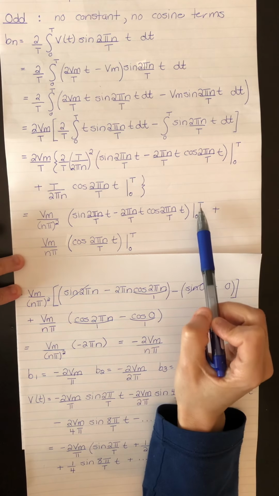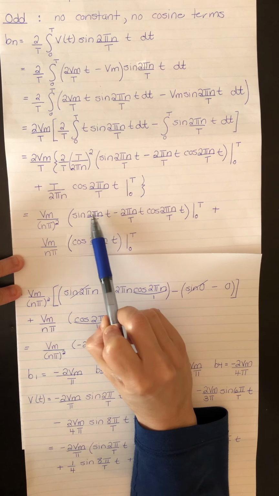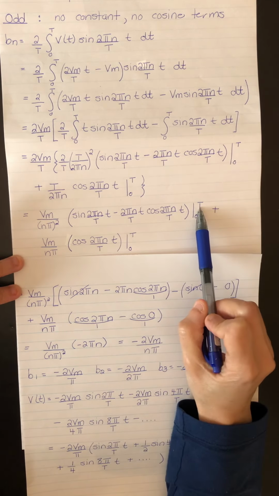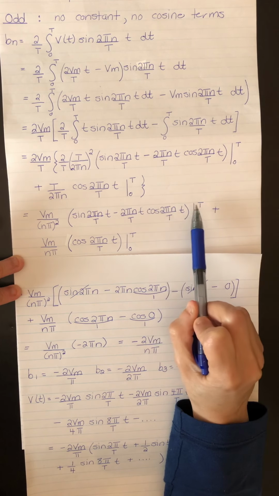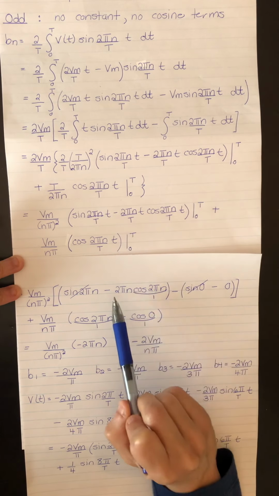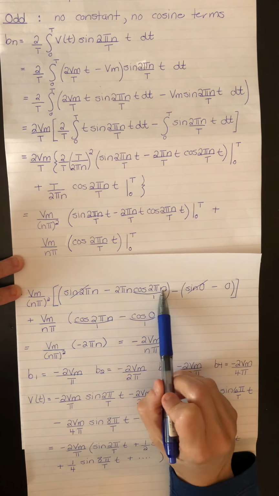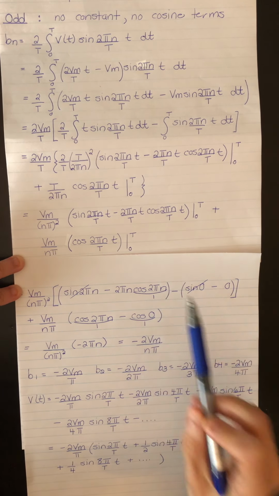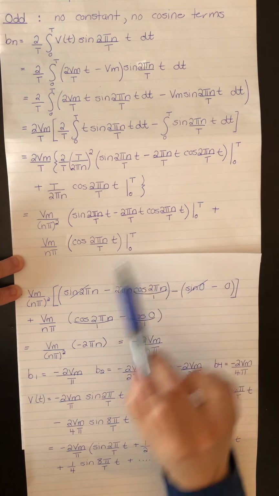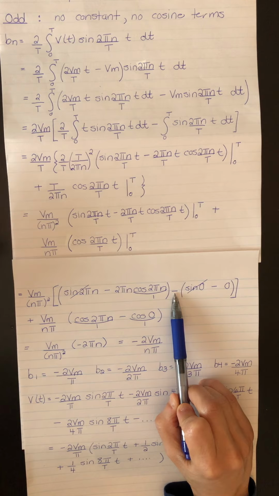Okay, so first capital T is inserted here. That gives us an angle of 2 pi n. Then capital T is inserted here and here. So that gives us a constant of negative 2 pi n and an angle of 2 pi n. Okay, so I put this capital T in throughout the bracket. Now I have to subtract what we will get